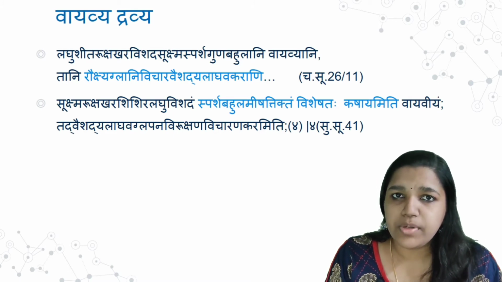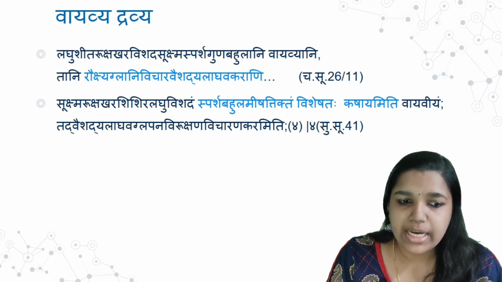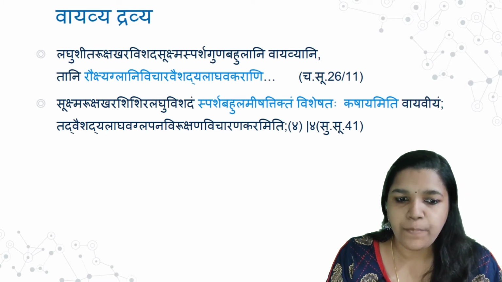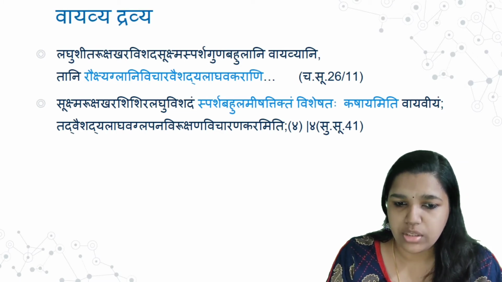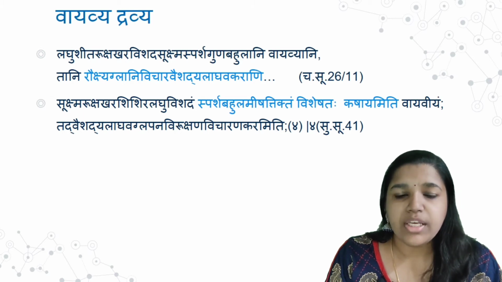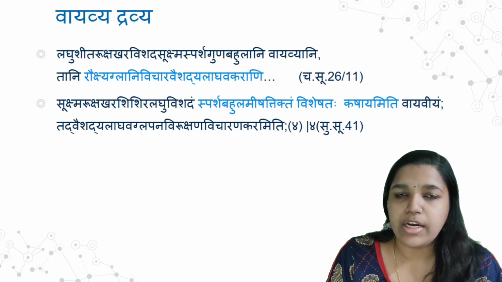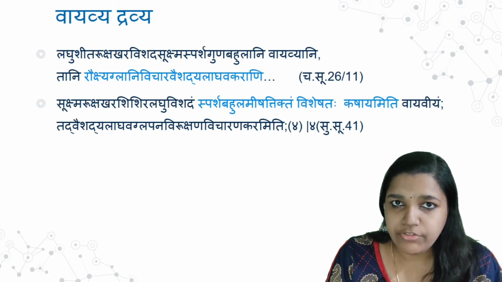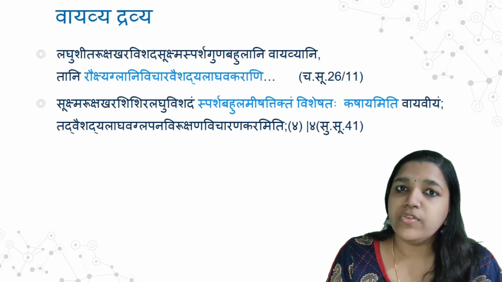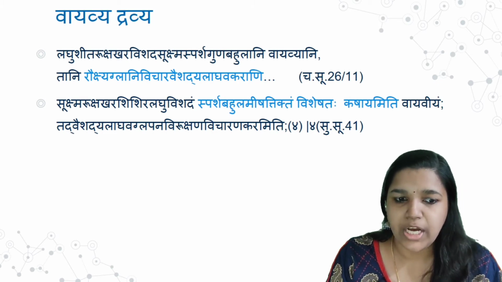The same thing has been mentioned in Sushruta Samhita also. Sukshma, Ruksha, Khara, Shishira, Laghu, Vishadam, Sparsha Bahulam, Ishat Tiktam, Visheshataha Kashayam iti Vayaviyam, Tad Vaishadya, Laghava, Glapana, Virukshana, Vicharana Karam iti. So the Dravyas which have the properties such as Sukshma, Ruksha, Khara, Shishira, that is Shita, Laghu